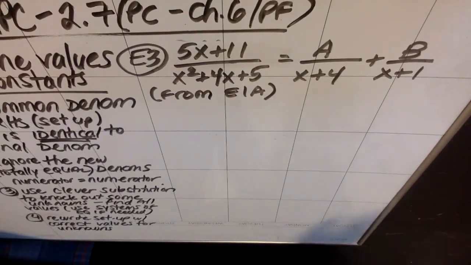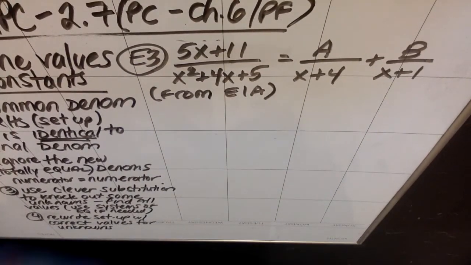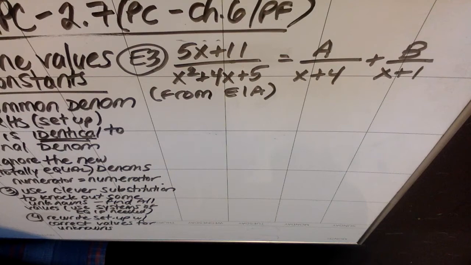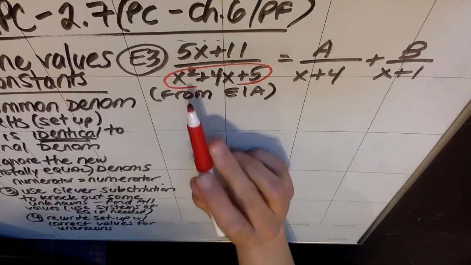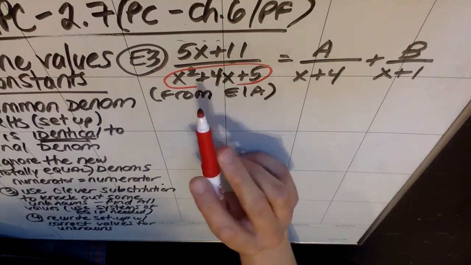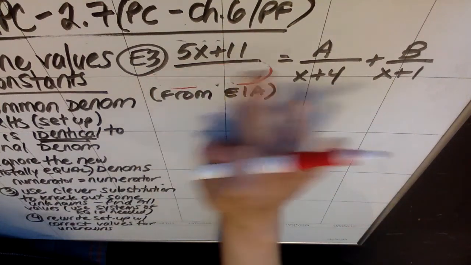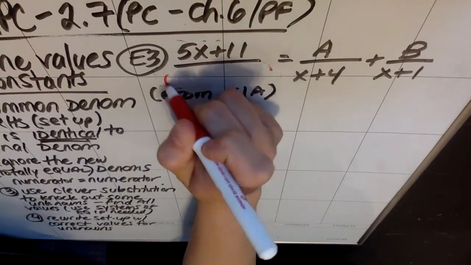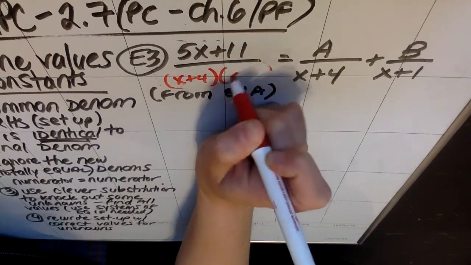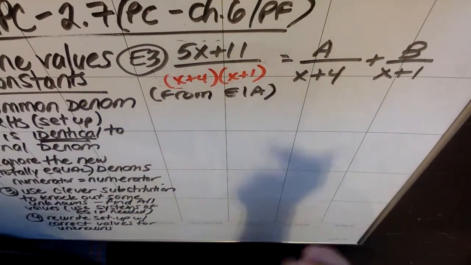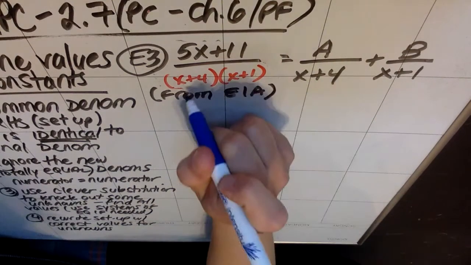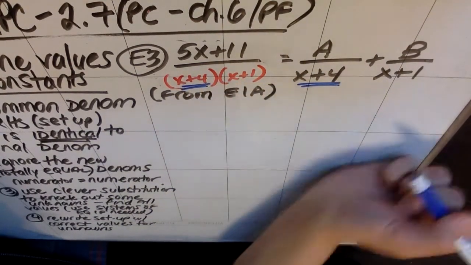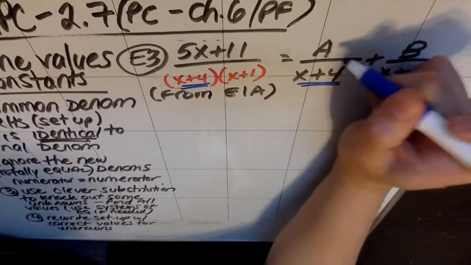Okay, so step 1, I need to get a common denominator on the right-hand side that looks exactly like this, okay? So what I say to myself is, oh, this is actually the product of these two, right? This is an x, and in fact, if you want to go a step further, we can actually just remind ourselves that this, when we factored in example 1a, was an x plus 4 times an x plus 1. So I look and I say, okay, cool, I get it. This guy has the x plus 4, but he's missing the x plus 1,